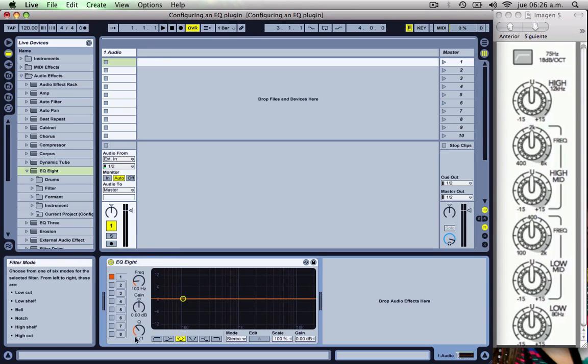As you can see in the help zone, it's named a low cut filter. So don't get confused with the terms. A high pass filter is called low cut in Ableton, and the low pass is called high cut. So let's set it at 75 Hz like our device. Okay, now we have a problem over here because it's set with a slope of 18 decibels per octave, and